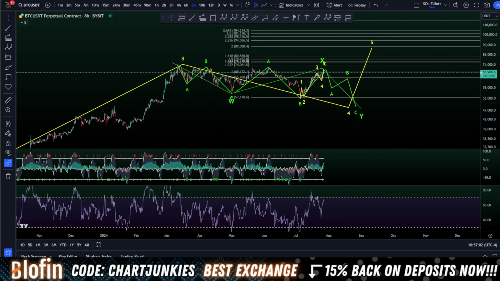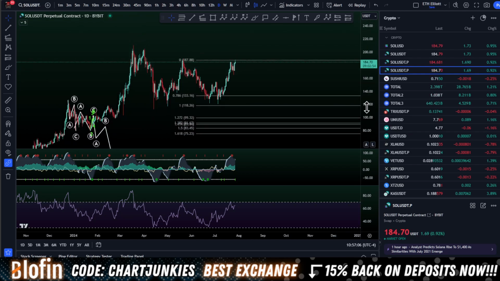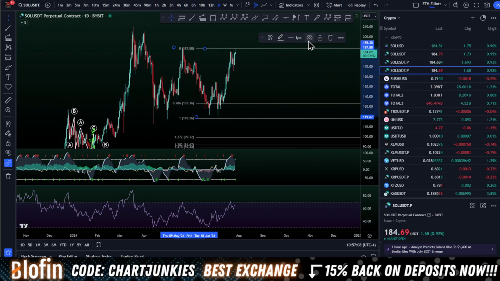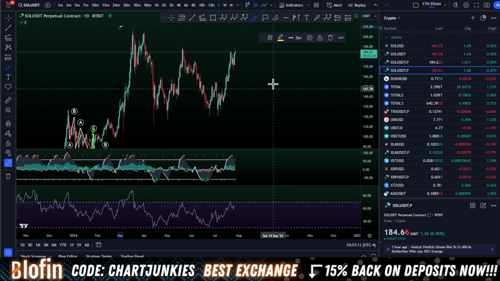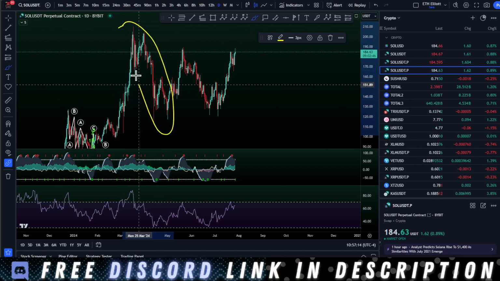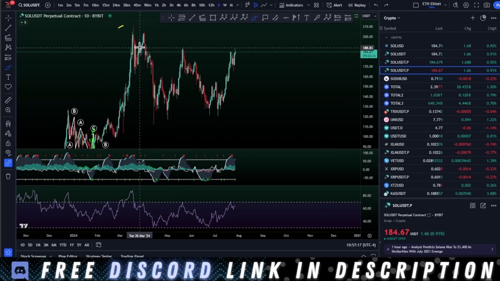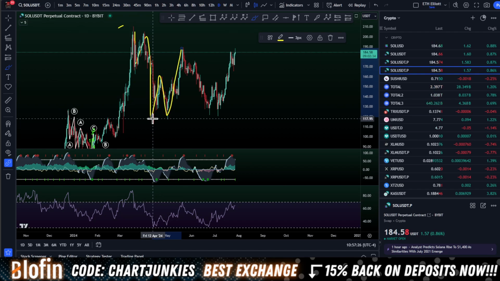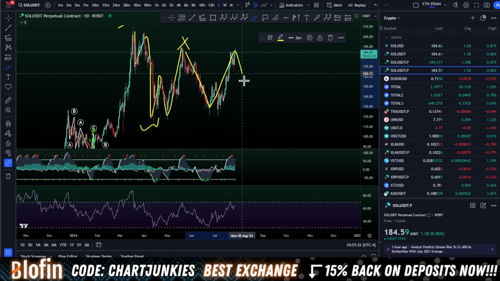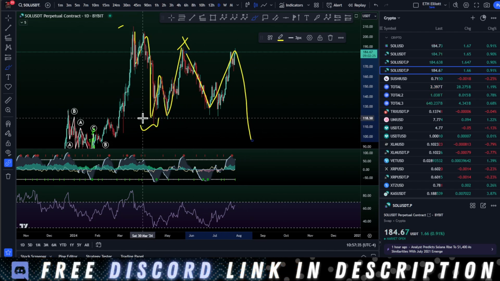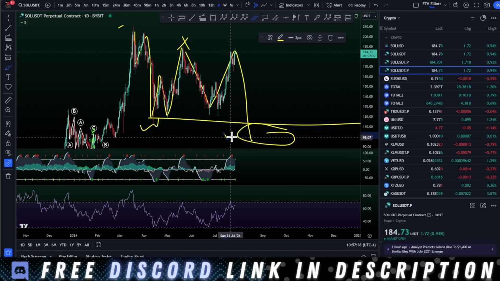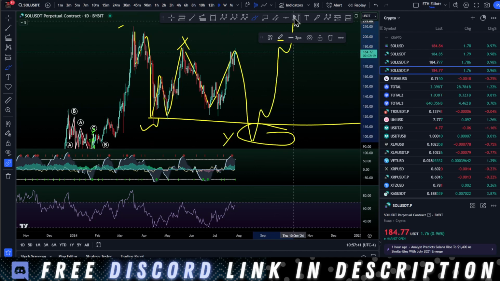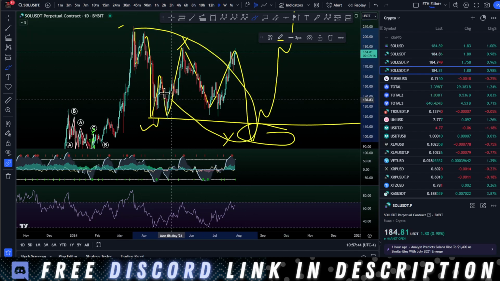And looking at other charts, let's just go over to Solana real quick. Looking at Solana, if we're going to keep pushing up, you're saying that this is done, you're saying that's finished, and this is finished. And it just doesn't look finished. It looks like a WXY is in order, where here's your W wave, X wave, and then here's your Y wave coming down like this. Double correction. Break the lows, put in your Y wave, and then you go, right? Now that's a more finished look.